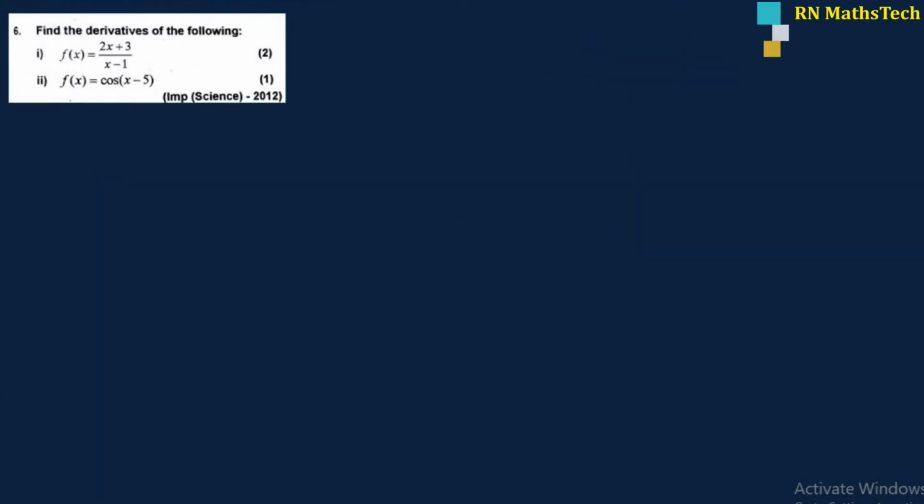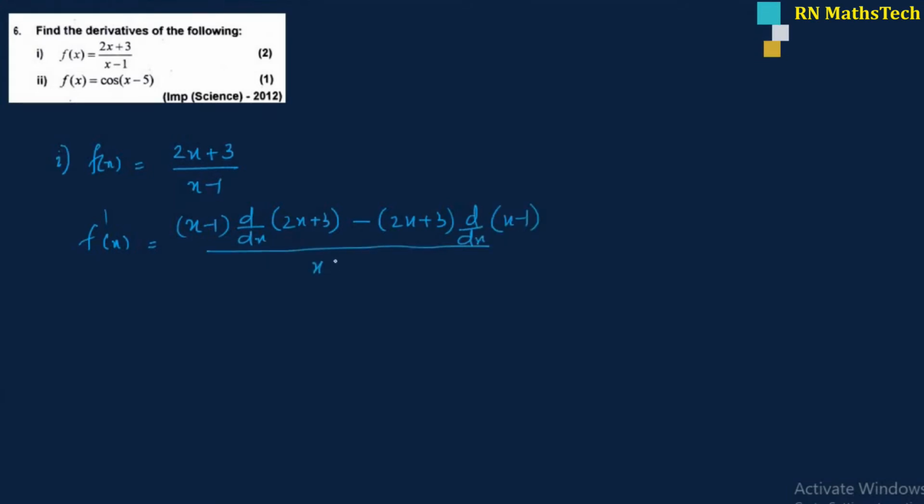Next, find the derivative of the following. First one, f of x equal to 2x plus 3 divided by x minus 1. F dash x equal to, by quotient rule, denominator into d by dx of 2x plus 3 minus 2x plus 3 into d by dx of x minus 1, the whole divided by x minus 1 the whole square,